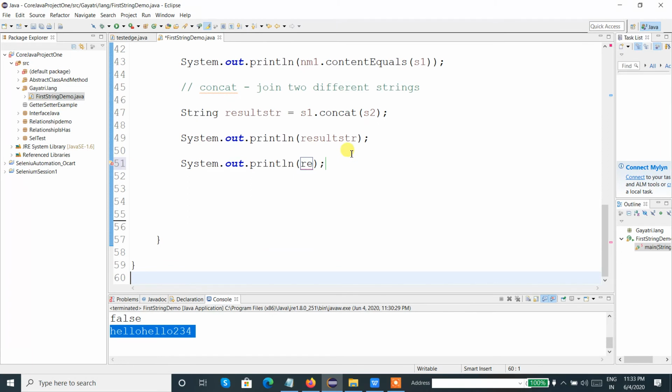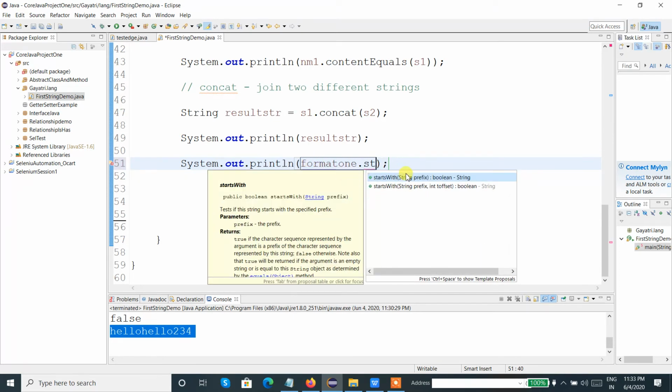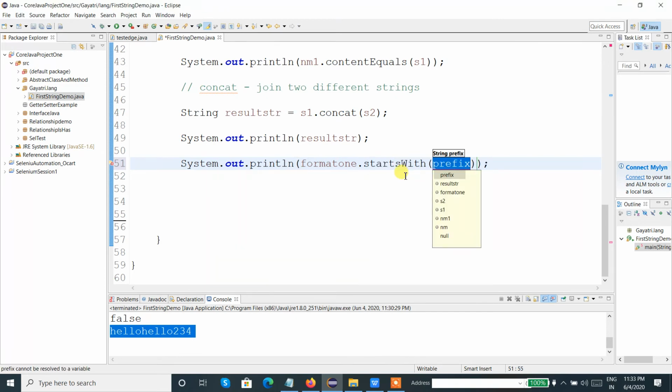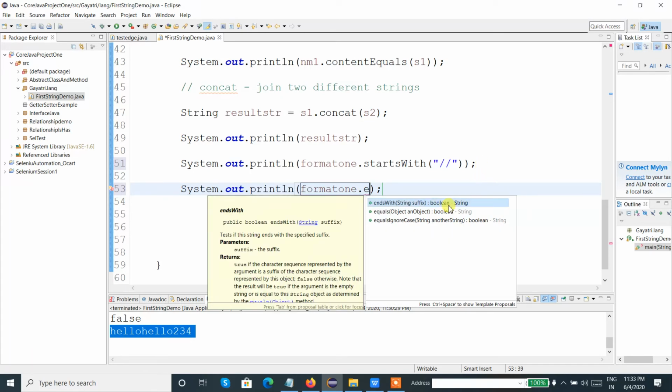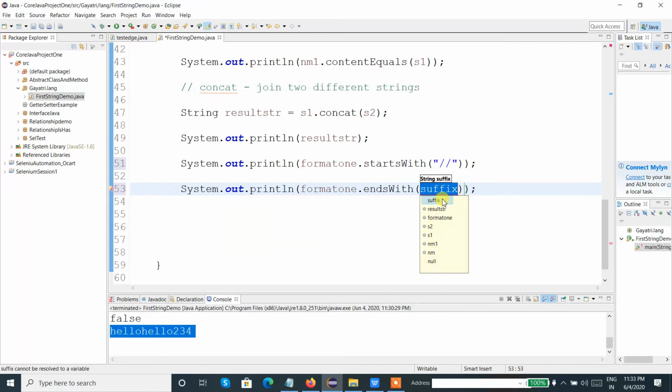So let me just say format 1 dot starts with, I'll just say double slash. And the same thing, then format 1 dot ends with, I'll just say star star star.